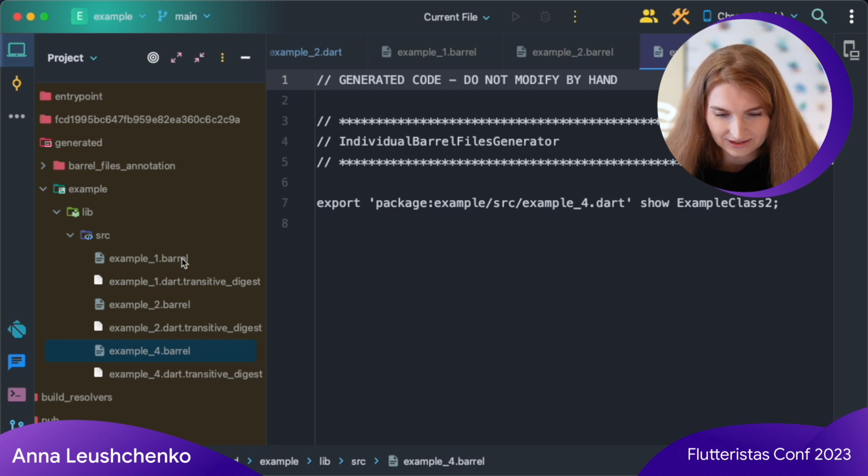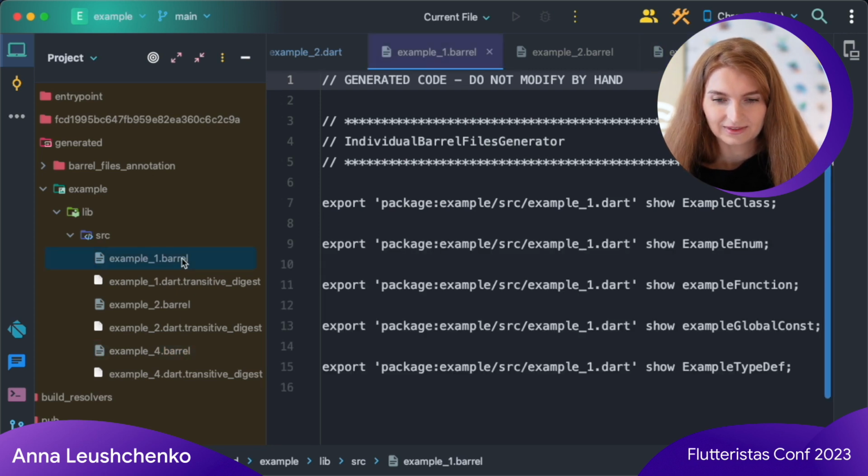But let's check the example1 file again. We see that all these export directives contain the same URI and only the show element is different. I'd rather expect a single export directive with multiple shown elements separated by comma and sorted alphabetically. So let's do exactly that.